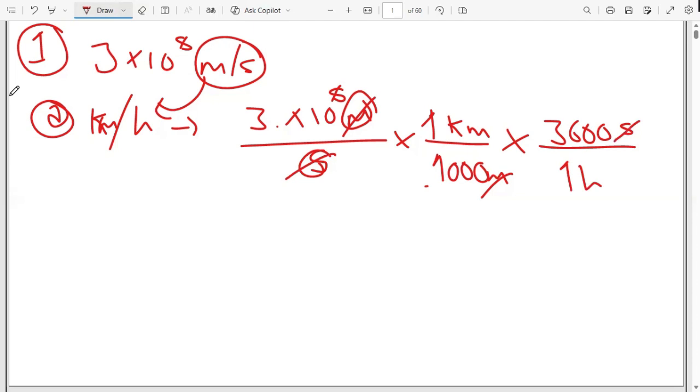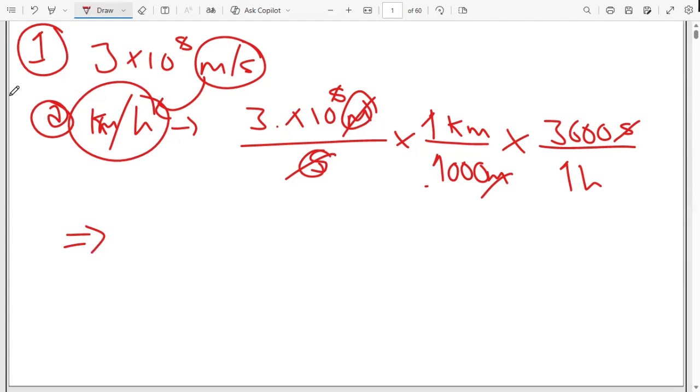That means I can now multiply what I'm remaining with, and I'm going to get the kilometers per hour that I'm looking for. So I'm going to say 3 times 10 to the power 8 multiplied by 1 kilometer multiplied by 3600, and I'll divide that by 1000 multiplied by 1 hour. And this is going to give me